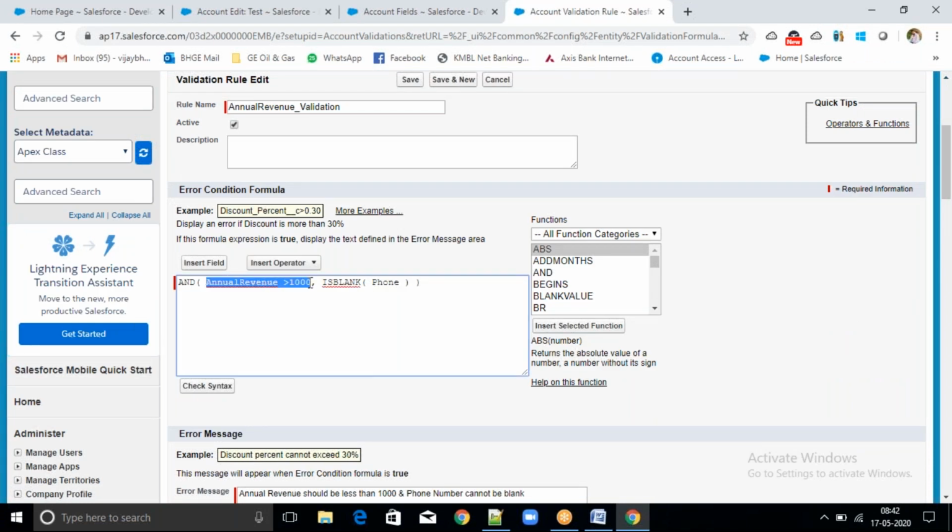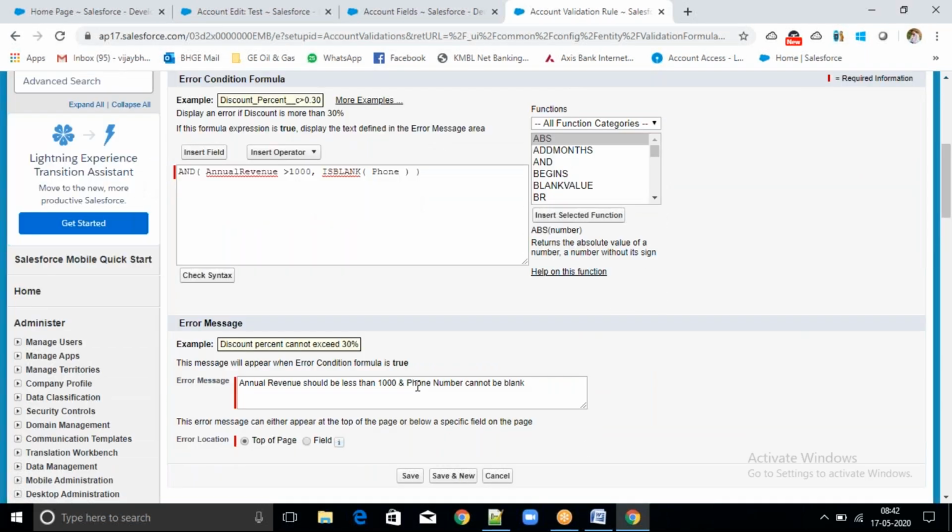This is true, and I'm checking whether the phone field is blank or not. Yes, it is blank, so it is also returning true. True, true. What does the AND condition return? If both are true, then it will return true, right? If this returns true, this validation will fire. Then this message is displayed. Clear?